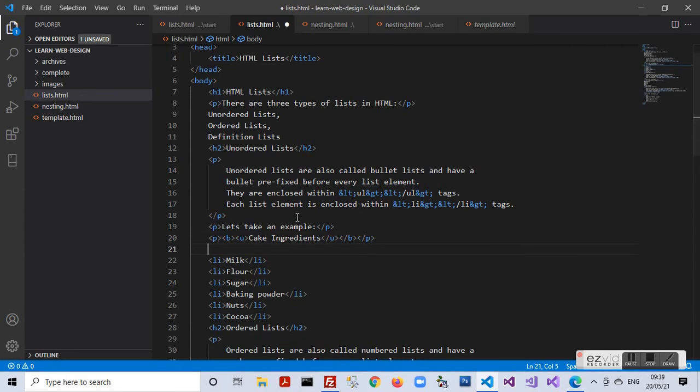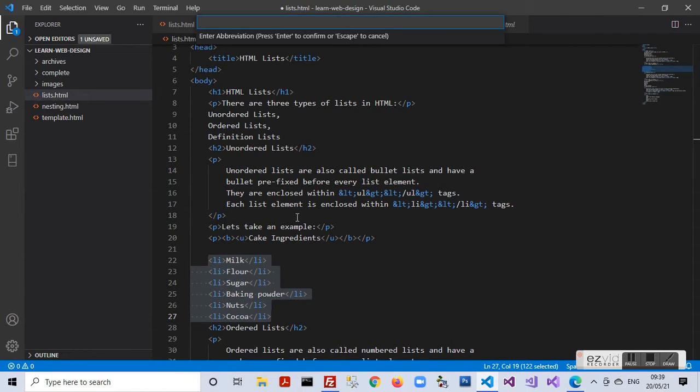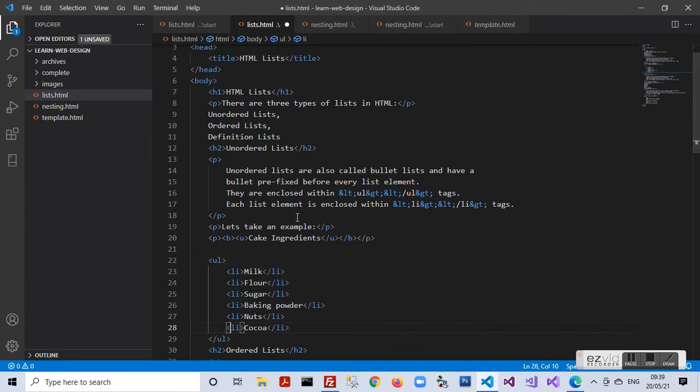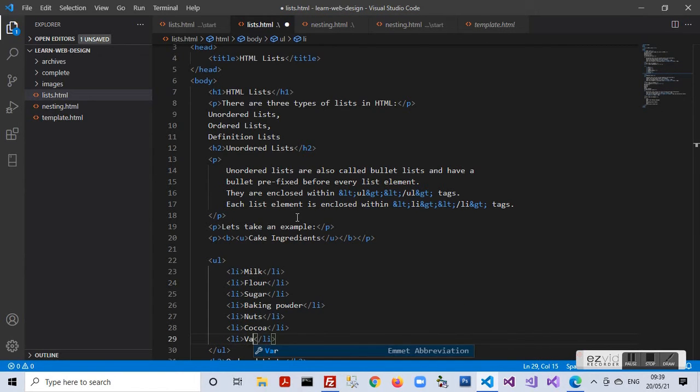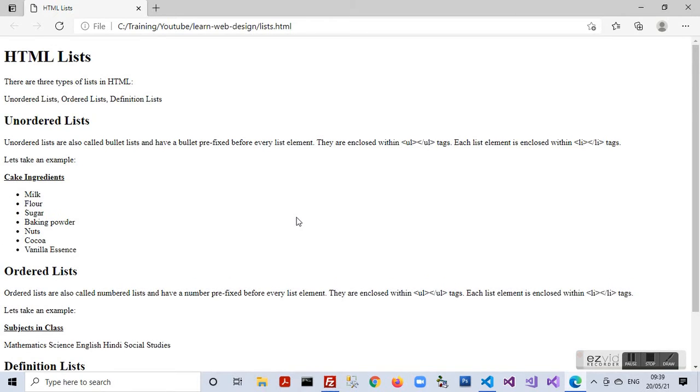So let's keep in mind that it needs to be enclosed within a UL tag also. Adding another list element to this list, vanilla essence. Save the document, move to the browser, refresh it and see. So now we have an unordered list in front of us, the list of cake ingredients.